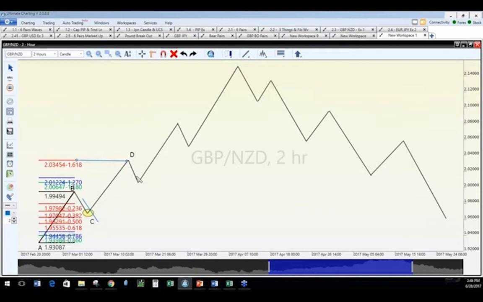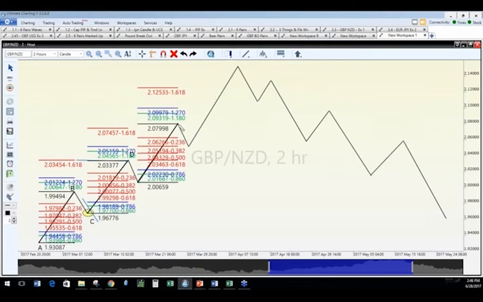And once it comes back down, it forms this new C. The old CD becomes a new AB. Now, if this sounds complicated, this is as complicated as it gets. Goes down to the red zone, retraces, and we expect it to come up here. It does. Once it hit it again, we put on the Fibonacci again. It does it again. Now, I am showing this manually.